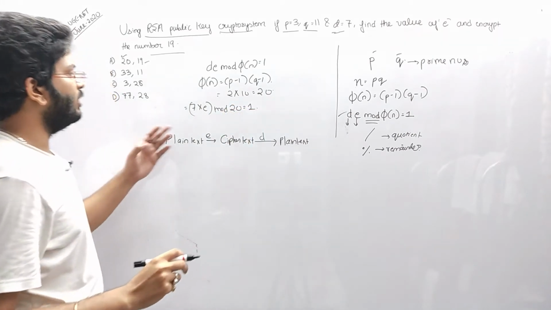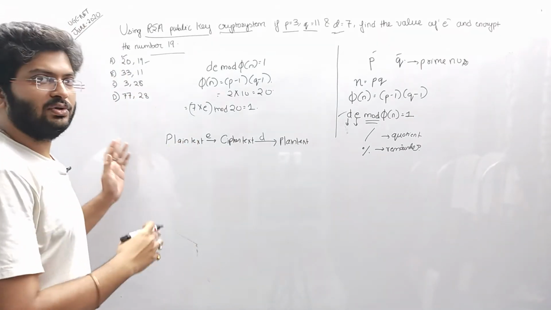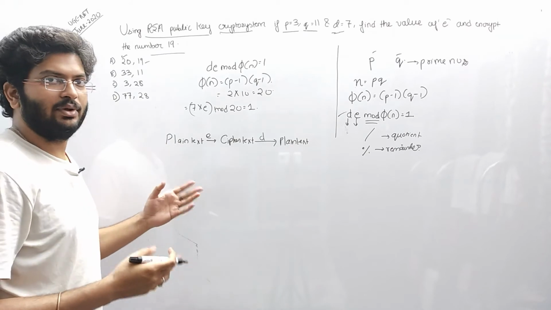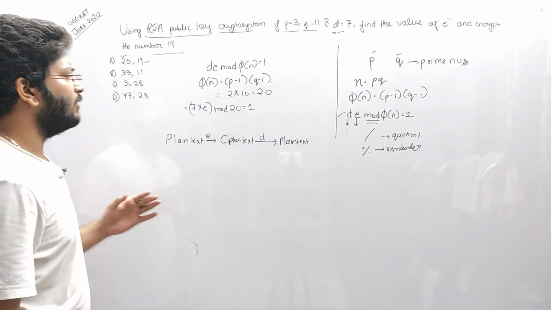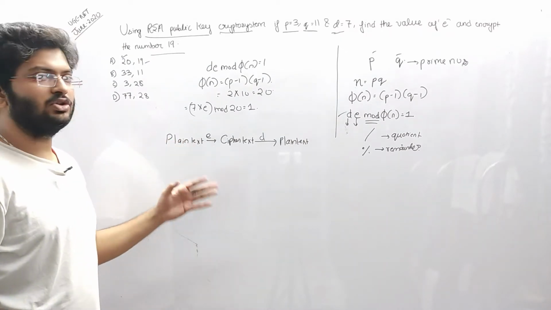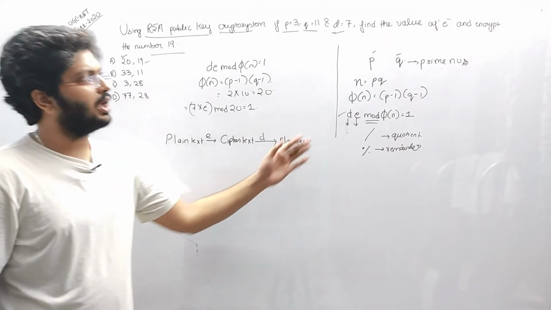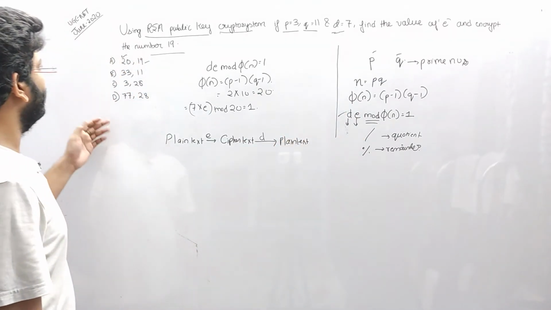Now at this point we can have several values of E. Let us take the options. If we go through the options, it will generally save our time, a lot of time, because we have a limited amount of time in the paper, and we should not spend more than 2 to 3 minutes on this type of question, which has a fixed number of steps. So let us see from the options.